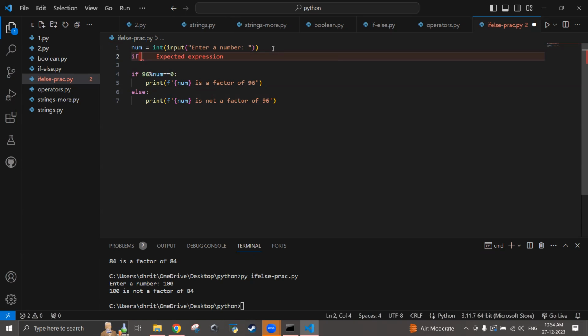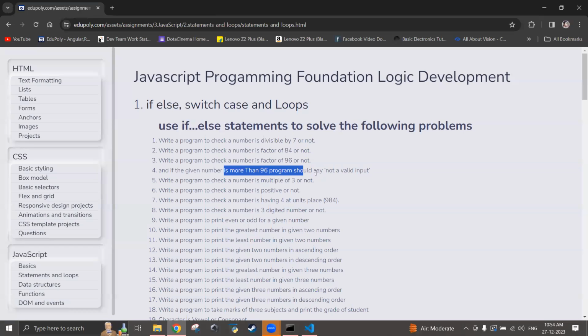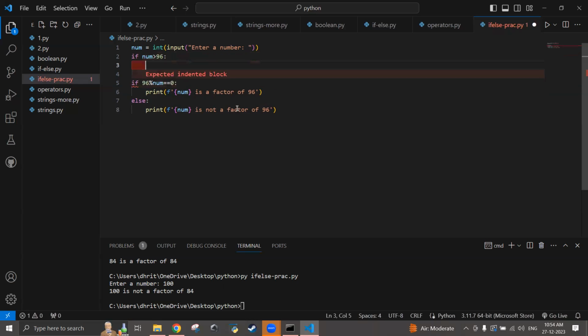Num. So if num, because I need to check what the user entered. If the number is greater than 96, what do I need to say? The program should say not a valid input. So I'll write print